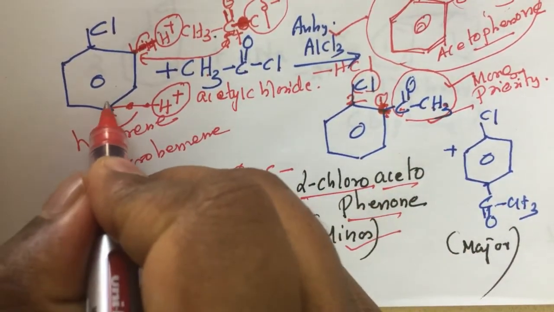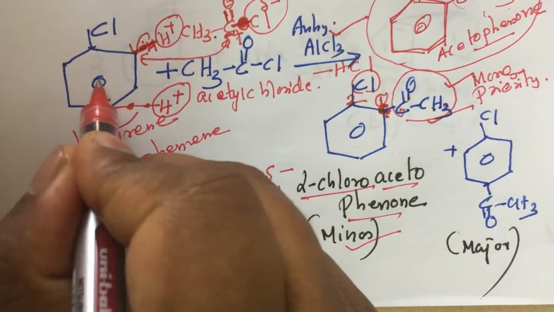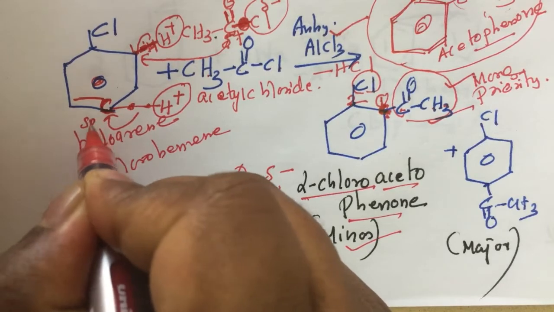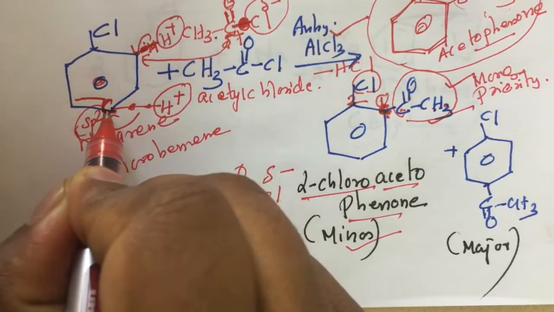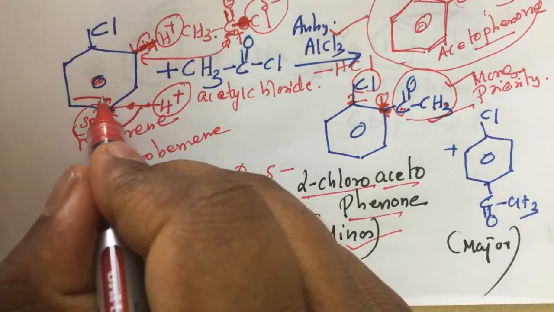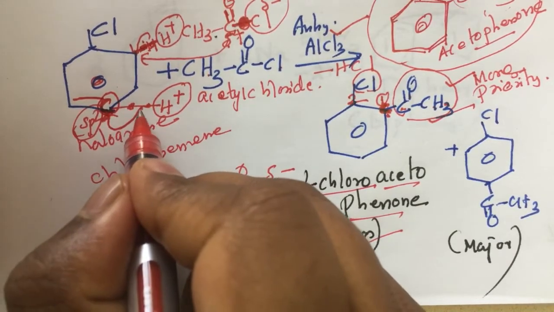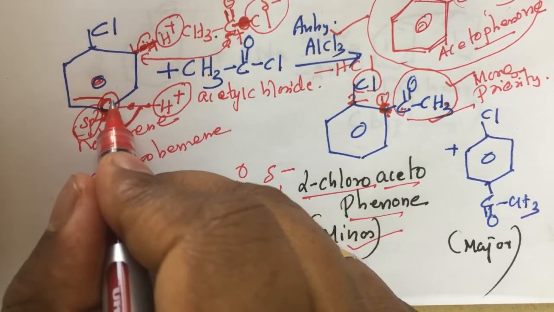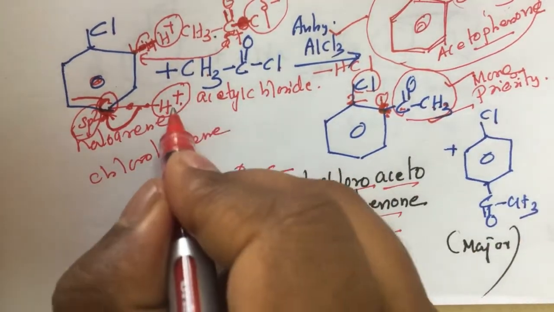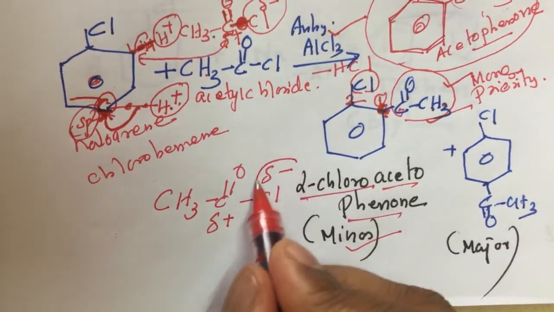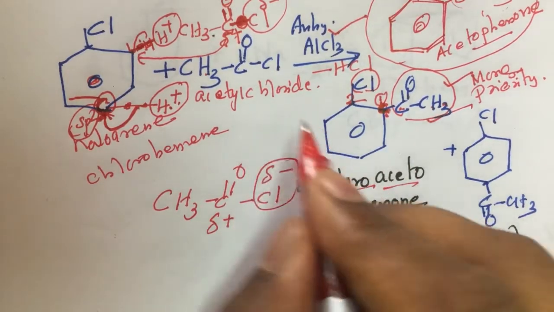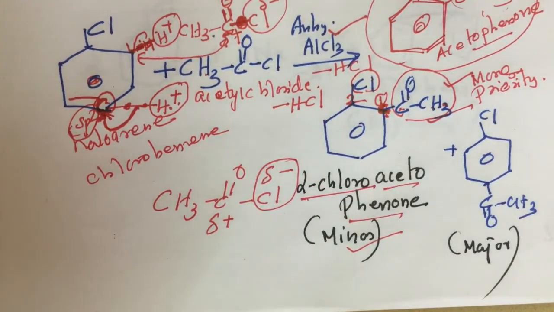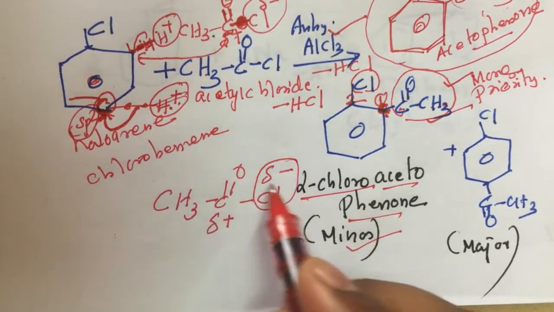And why are the electrons shifting to this carbon? Because we know here there is a double bond, the hybridization is sp2, and the s character is more. Due to high s character, the electronegativity of carbon is more. So these two electrons will shift to this carbon and form C negative and H plus. And this H plus and Cl minus connect to form again the same byproduct, HCl.